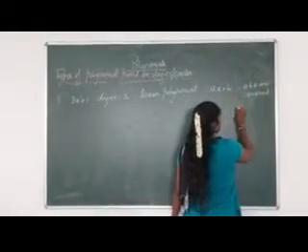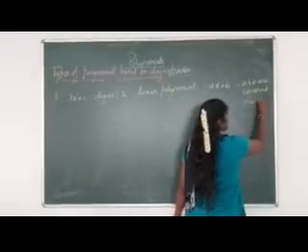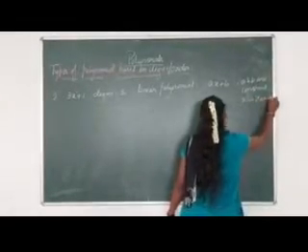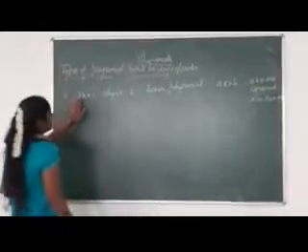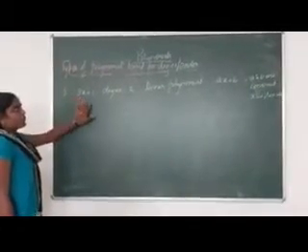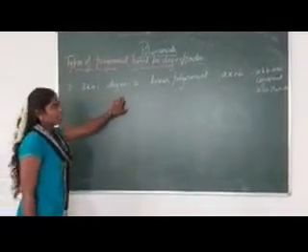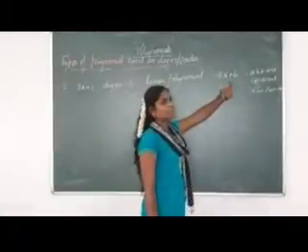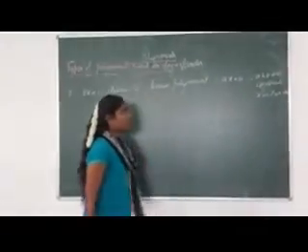Okay, and then x is the variable. It is understood. I don't have to mention it, but still I am mentioning it. Now the linear polynomial is nothing but a polynomial with degree 1. Its general form is ax plus b, where a and b are constants.